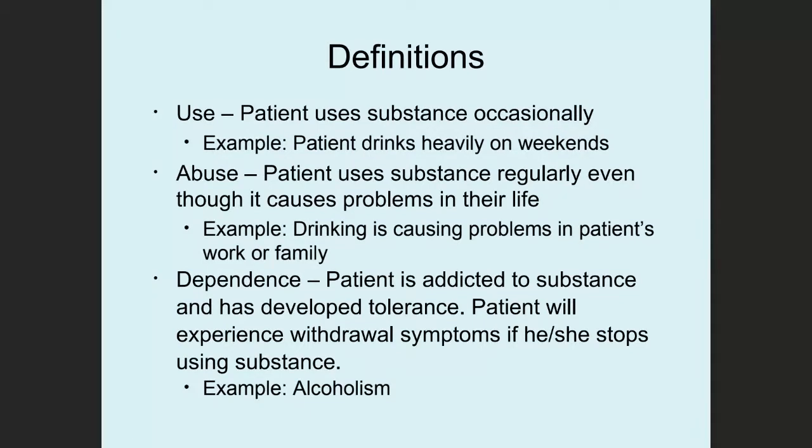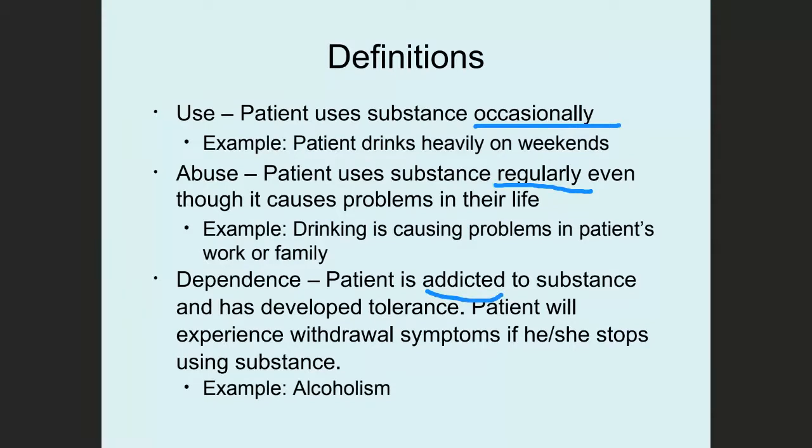So this is occasional, this is regularly, but it's causing problems. For example, drinking is causing problems in the patient's work life or family life. Dependence, the patient is addicted to the substance and has developed a tolerance. Patient will experience withdrawal symptoms if he or she stops using the substance. And the best example of this is